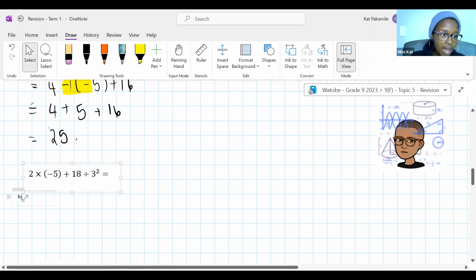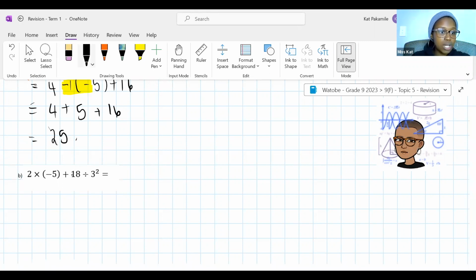Okay, again, we can see brackets there, but I've already explained that those brackets are containing the negative. They're just telling you that we have a negative 5. They're not brackets that we have to work out. So let me know, how do we start? Where do we go with this? Let me know in the chat.